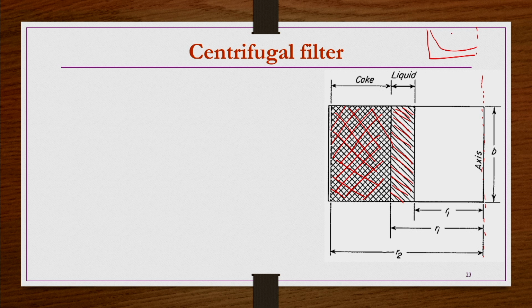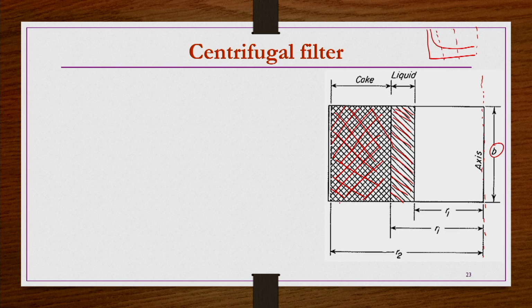In general, we may have interfaces something like this, right. However, let us say this is the cake and this is the liquid. So, we take this as almost a straight one, something like this. For simplification, we take this interface of liquid as well as the cake that has formed to have a uniform thickness along the vertical dimension of the bowl, that is along B. At the bottom whatever the thickness is, the same thickness is there at the top, which is in general not true, right.